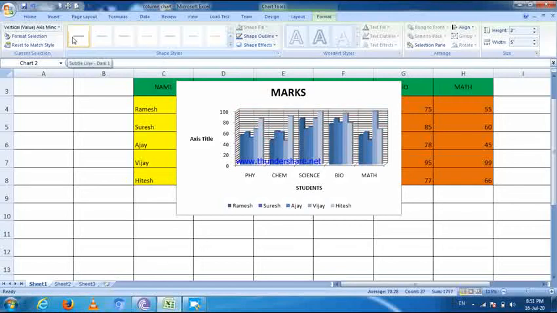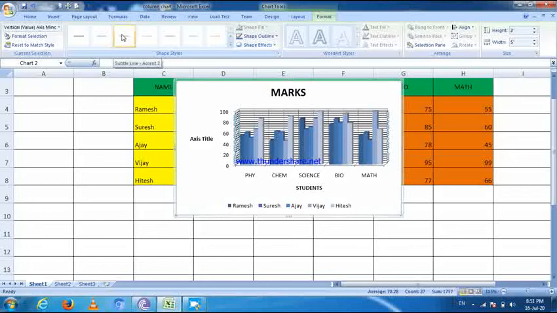First I select subtle line dark. Then you can see the lines are dark. Then I select subtle line accent. You can see these lines are arranged in accent. Then I select subtle line accent 2.